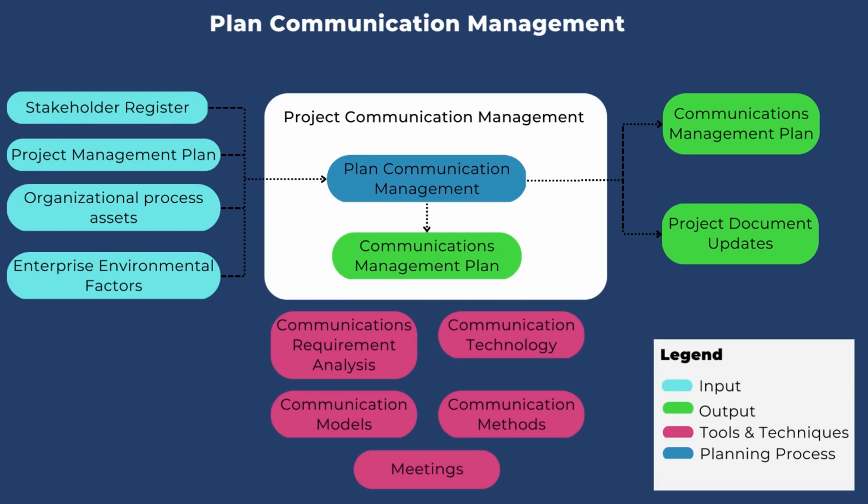Next, we can decide on the communication technology, including email, post-mail, or fax, etc. Finally, we understand how communication really happens with communication models and various communication methods used. Communication management plan is the primary output of this process, and sometimes some other project documents may also get updated